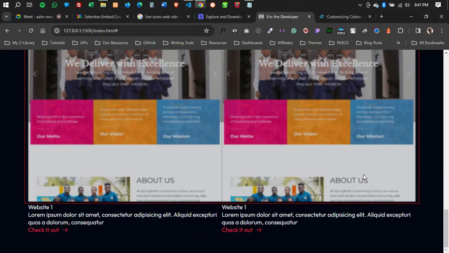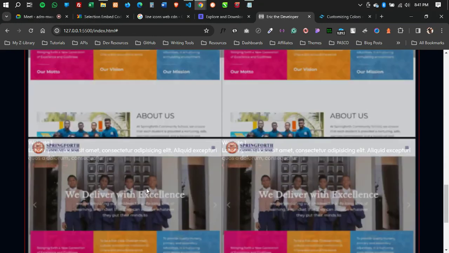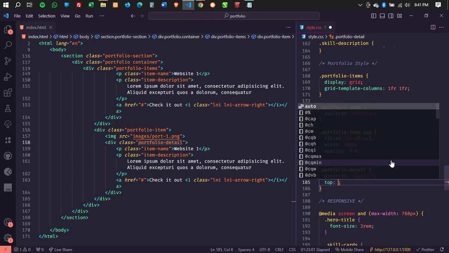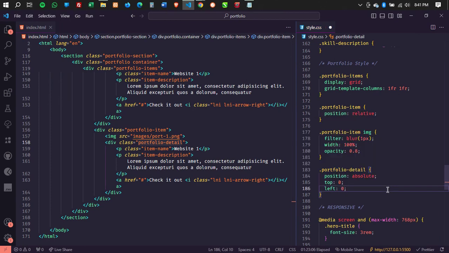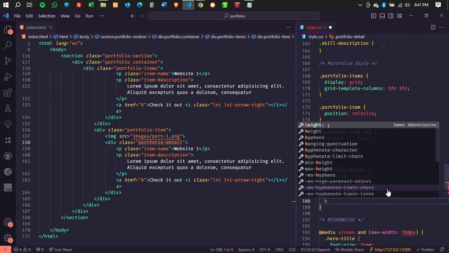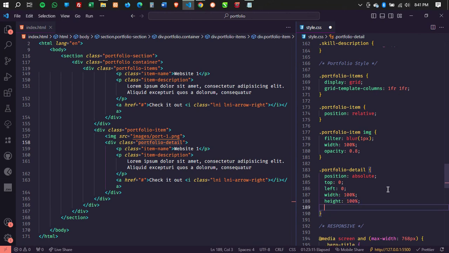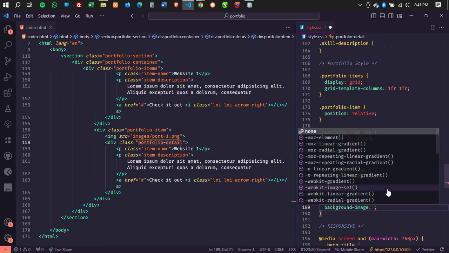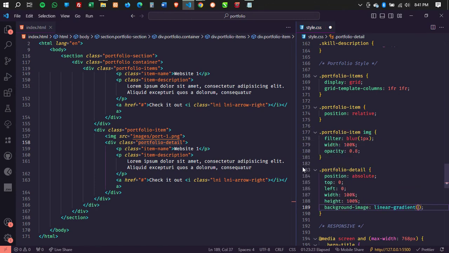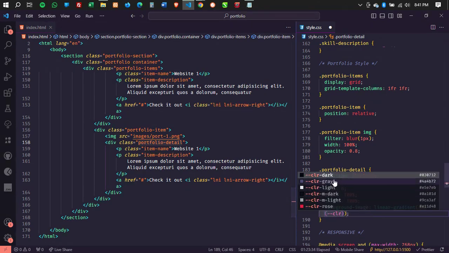And then I'll give it a top of 0, left of 0. Width, I'll give it 100%. Then a height of 100%. Then I'll give it a background image, a linear gradient, with var CLR dark,